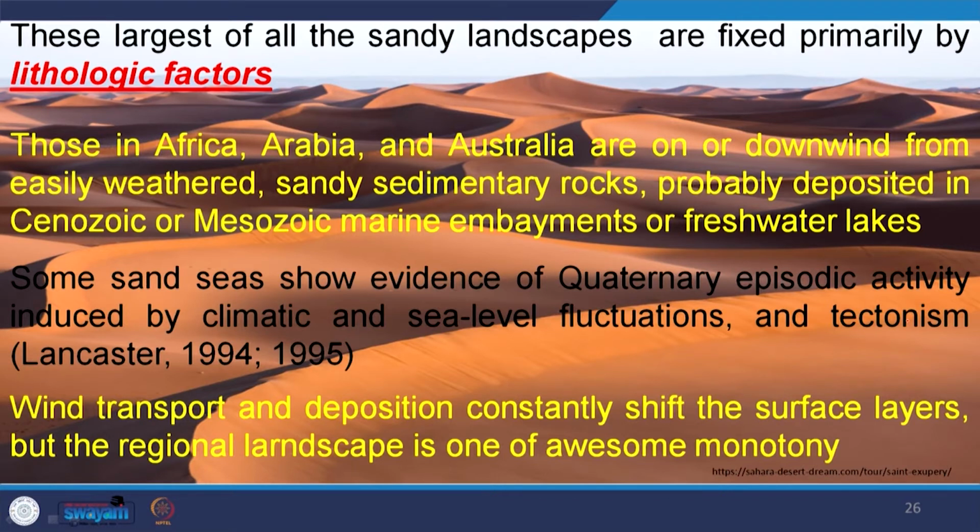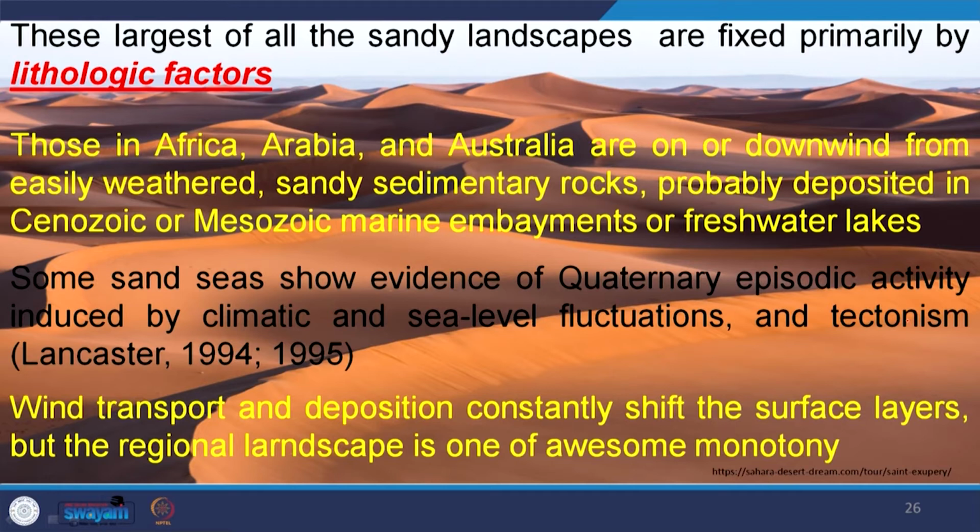So, that means if you analyze the terrains of these different surroundings and compare with this sand sea, you will find the source area which surrounds it in the upwind direction, which is mostly sedimentary rocks, either Quaternary or in the Mesozoic form, and they are unconsolidated to semi consolidated. So, if this wind is allowed to blow on unconsolidated or semi consolidated sedimentary rock or weathered sedimentary rock,